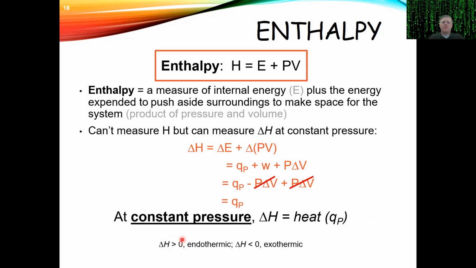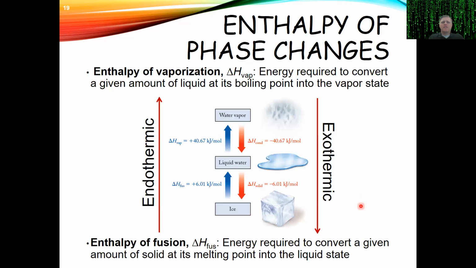If we have a delta H greater than 0, that's going to be an endothermic process. Delta H of less than 0, it's going to be exothermic, right? And our subscripts for delta H are going to be useful in determining which process we're talking about. Now, one of the big places we like delta H's is in phase transitions. In these phase transitions, like we've already talked about, we have some delta H associated with the transition, or some heat associated with it.